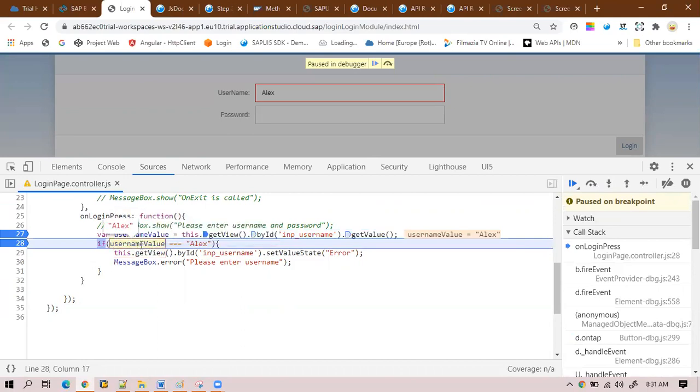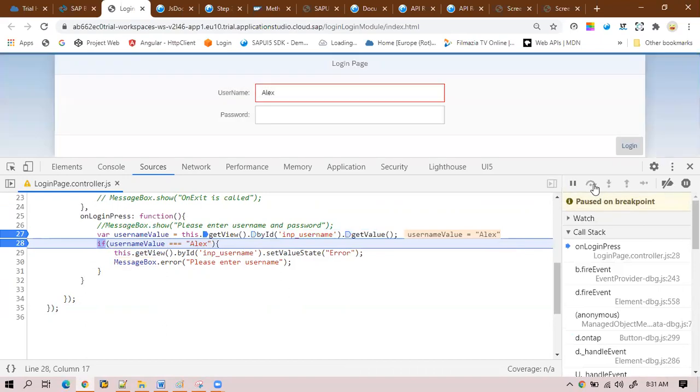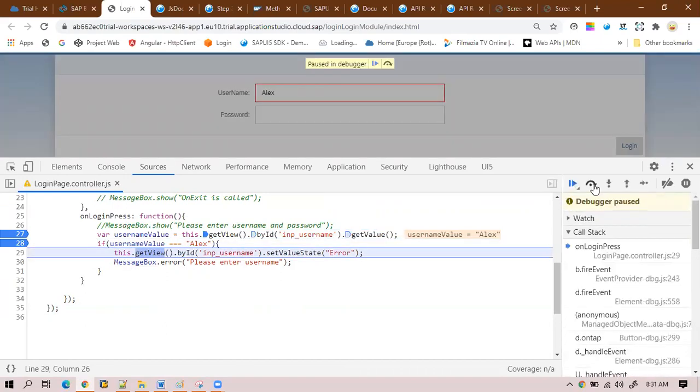Now I'll check if the user value is equal to Alex, then I will set the value state as an error. If I want to execute everything, I'll deactivate the breakpoints and simply click on resume script execution.